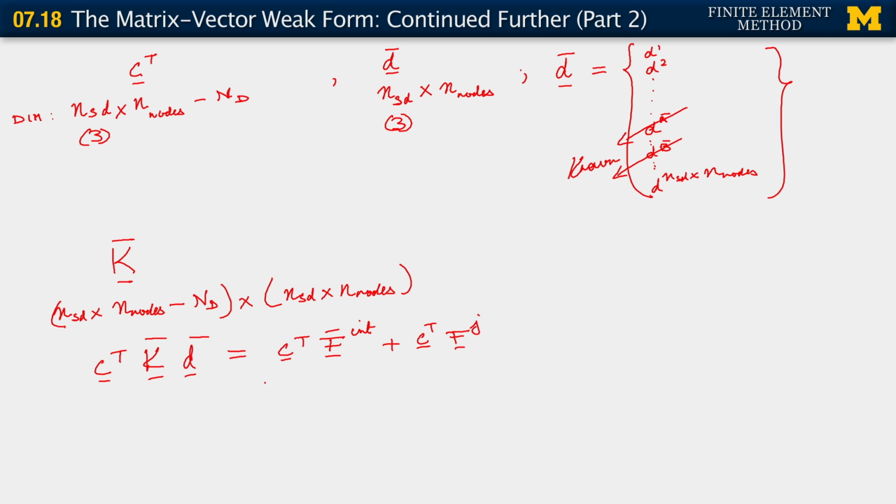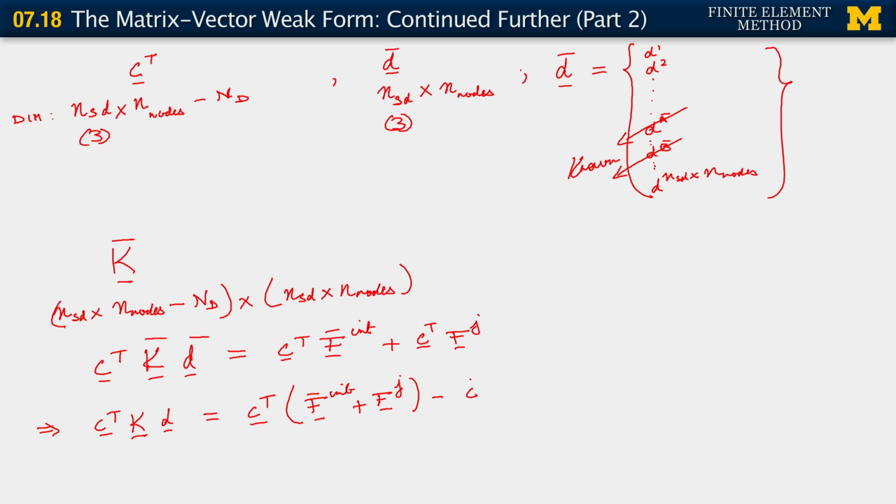So what we say is that C transpose times a reduced matrix K times a reduced vector D equals C transpose F bar internal plus F j